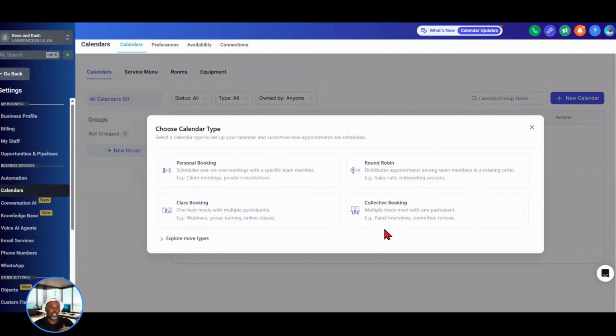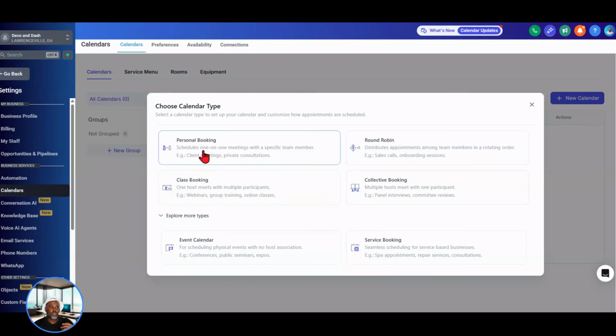So let's say that we want to go ahead and create a calendar, and we can see the different calendar types. So the personal booking calendar is a calendar that is associated with a team member. So this is a calendar specifically associated with a team member. So it tracks their availability schedule. It tracks their meeting links, so their Zoom links, Google Meet links. It also ties into their Google calendar, their iCloud calendar, iCal, their Calendly calendar. You can do a lot of things, but these are personal calendars for specific team members